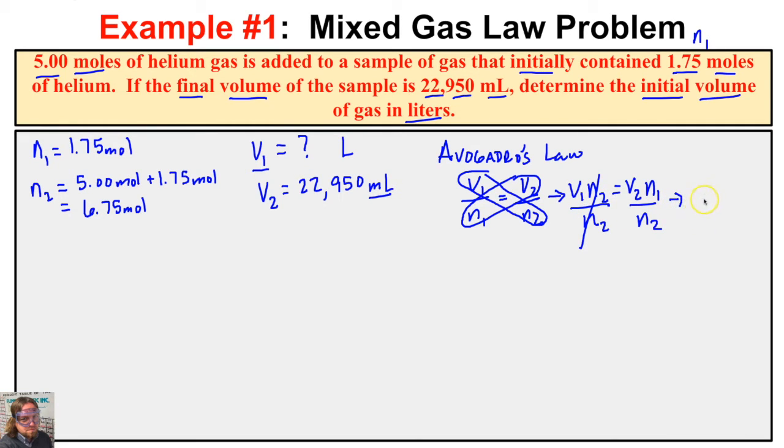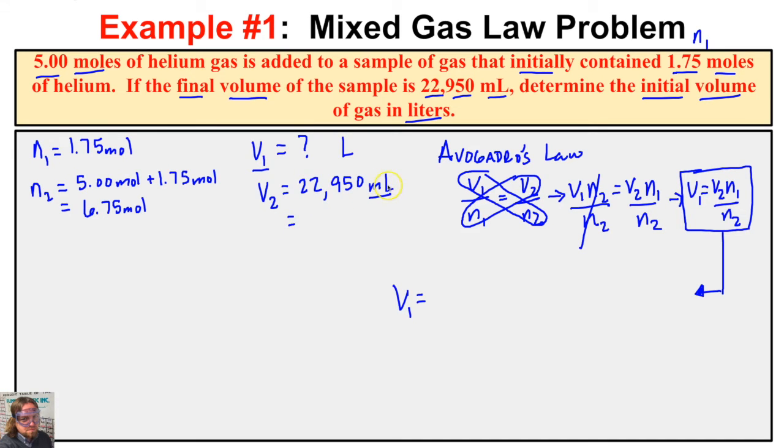And the formula that we're going to use to solve this problem is V1 equals V2 N1 all over N2. So there's a lot of setup just before we even begin to plug these numbers in. Now that we know our formula, we can start to plug these numbers in. So V1, to get the initial volume, we're going to take V2, which is